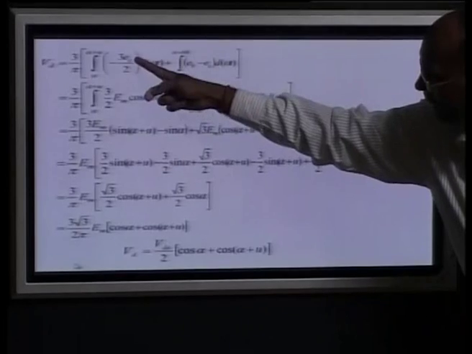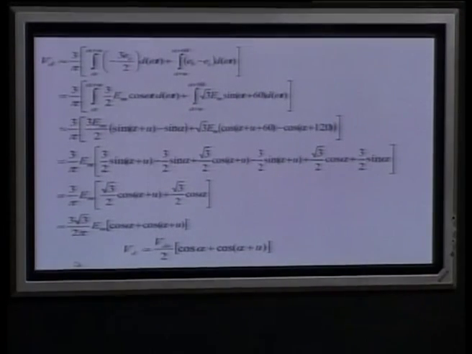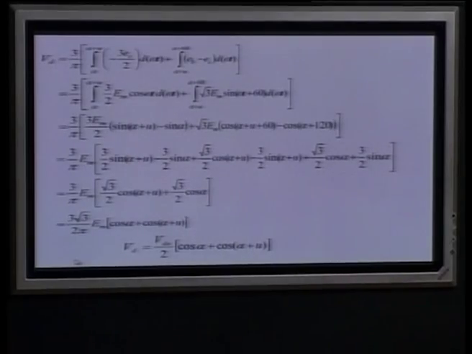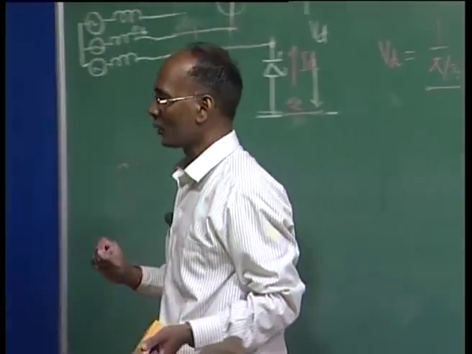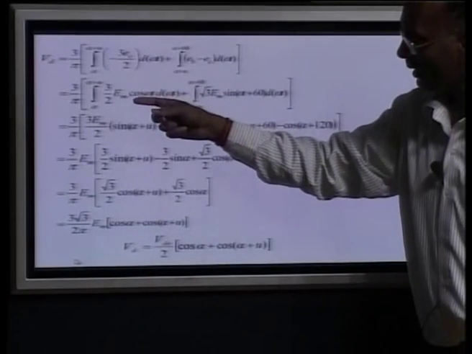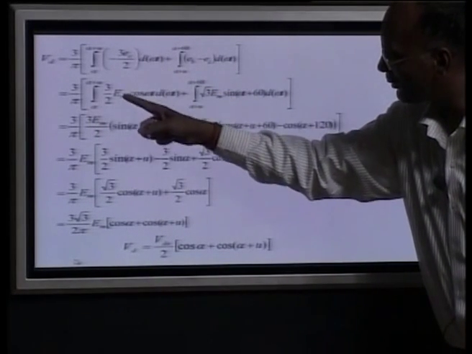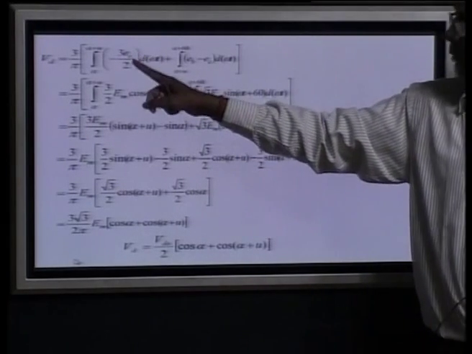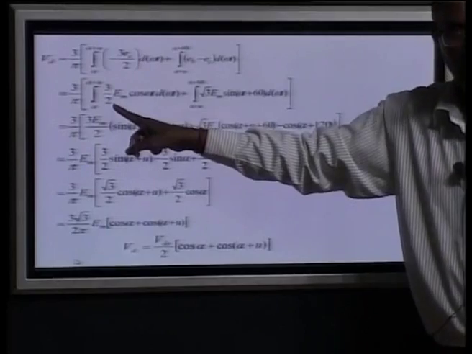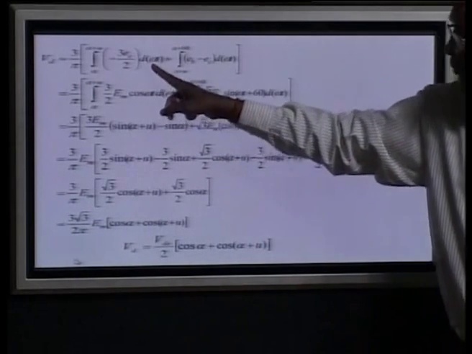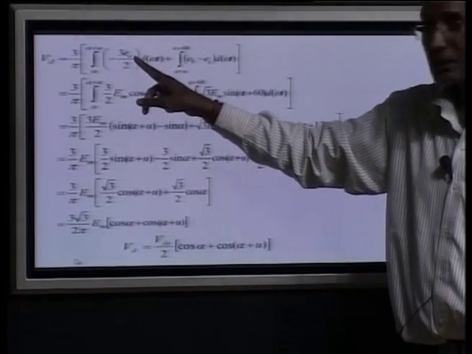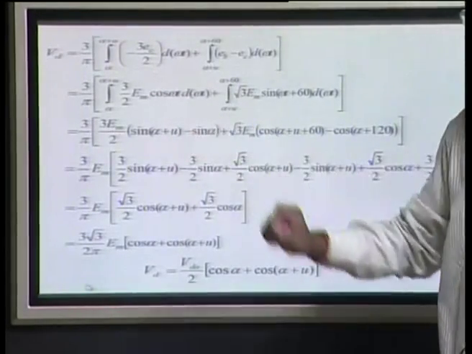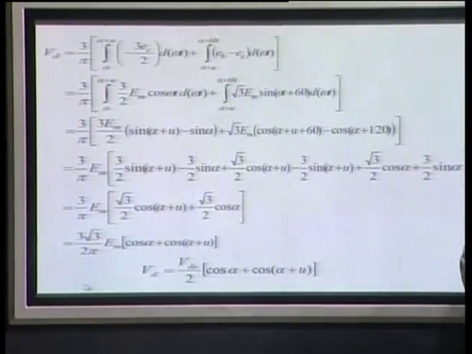Now you can see the EC, what was your EC? It was in terms of sine omega t plus pi by 2. So you can write here EC, this is the phase voltage, it is not line to line. So this is a 3 by 2 I have written. Now I have to write minus EC, and minus EC is nothing but your cosine omega t, with EBA as a reference.